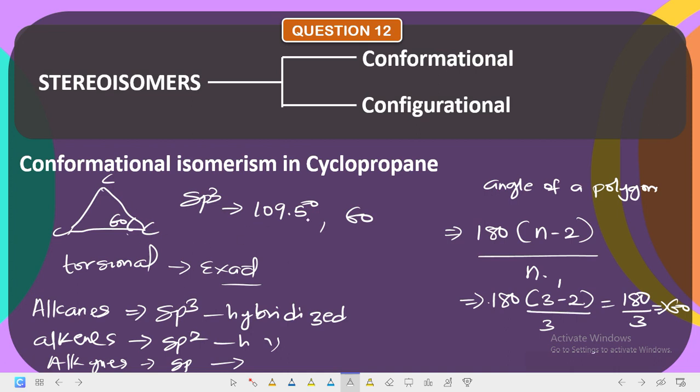And why are we using 109.5 and sp3 hybridized? Because cycloalkane is an alkane. And all alkanes are sp3 hybridized, and they have a bond angle of 109.5 degrees. Is that understood? But the bond angle of this is 60 degrees. It means that it moved all the way from 109.5 to 60. So there is a very high torsional strain. Are you getting it? There's a very high torsional strain and torsional energy. And hence, the cyclopropane ring is